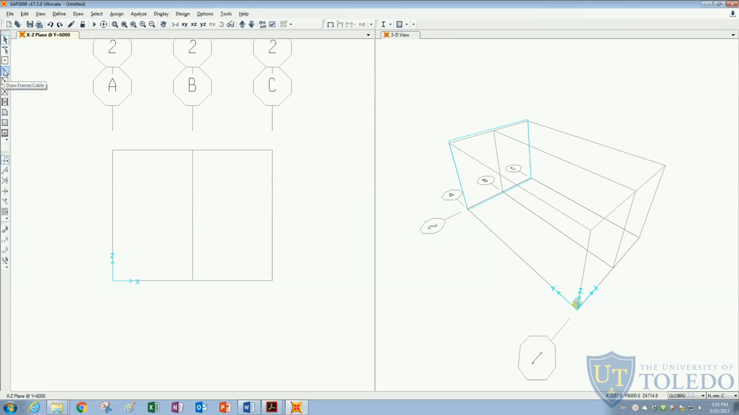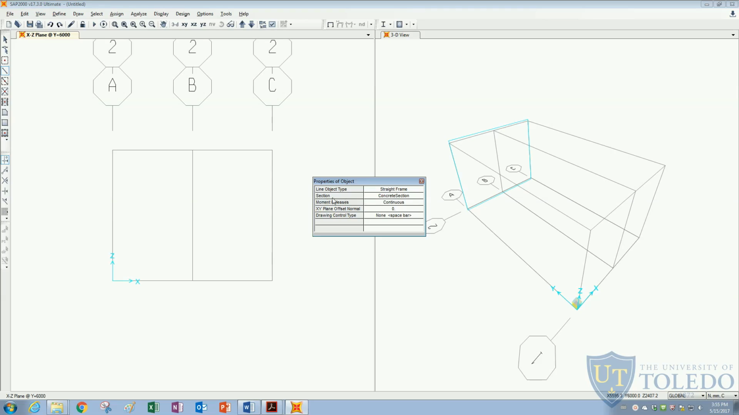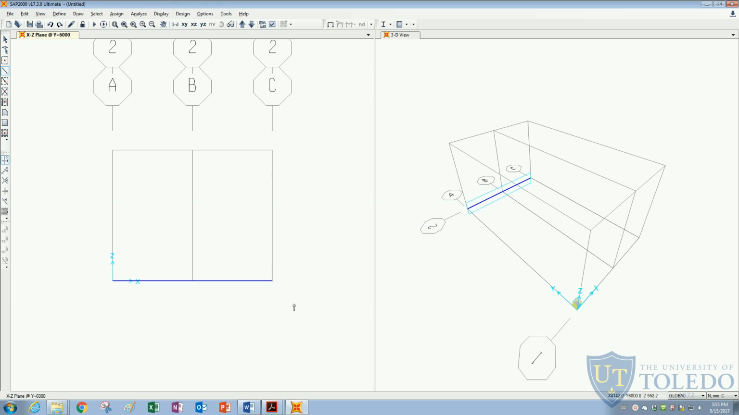So I'll use the draw frame cable. The section is the concrete section I created, and I'll draw 3 nodes. Close this, press S. So we have 2 nodes, which will be the supports,